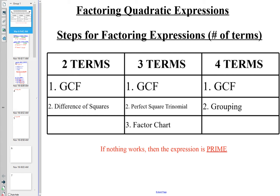graphing. This is widely accepted as being kind of like you hear Algebra 2 teachers say, hey, my kids still don't know how to factor. It's not meant to scare you. It's very doable. I have kids that do perfectly fine. I'm just telling you this more to